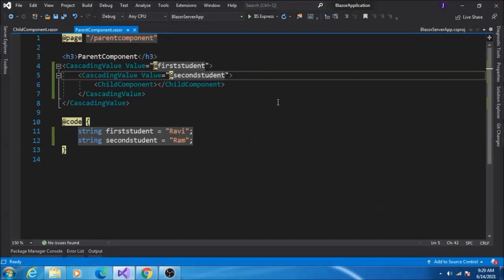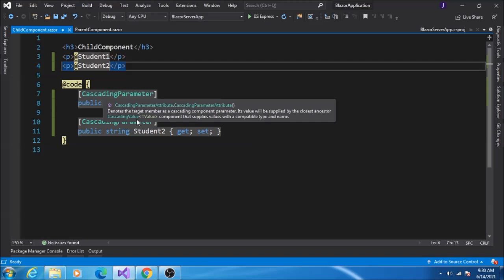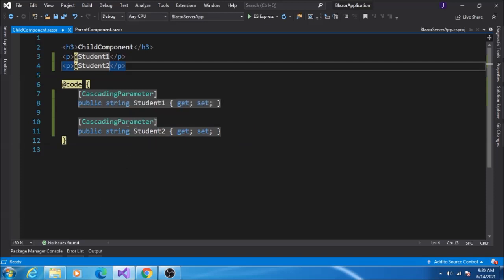In this example, we will see identifying cascading parameters by name. Here I have declared two parameters, both are of type string, and in the child component I am displaying those parameters. So for that I have declared two cascading parameters of type string, and I have given the cascading parameter attribute for both the parameters.